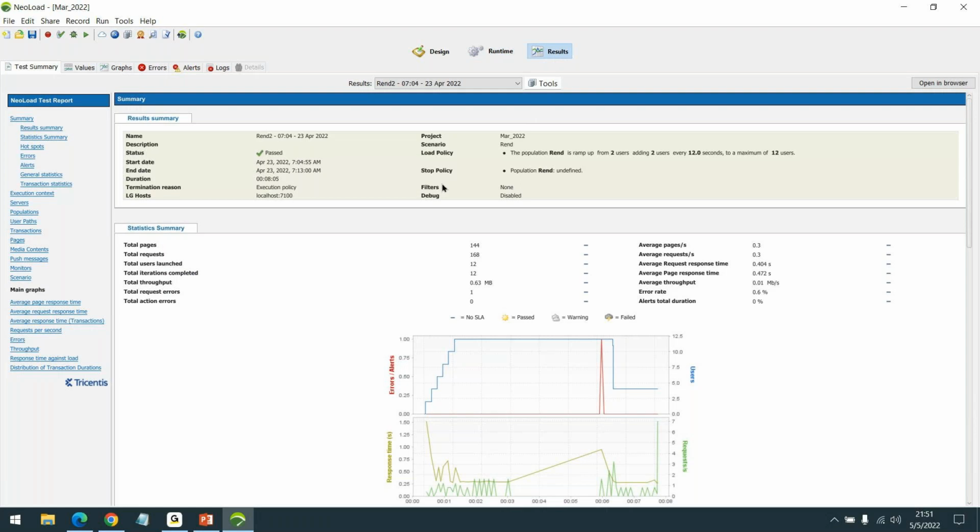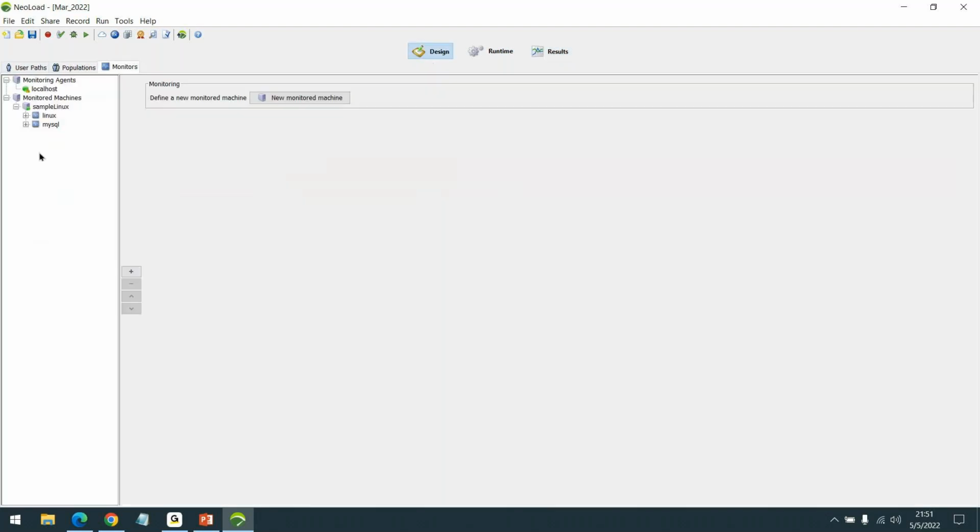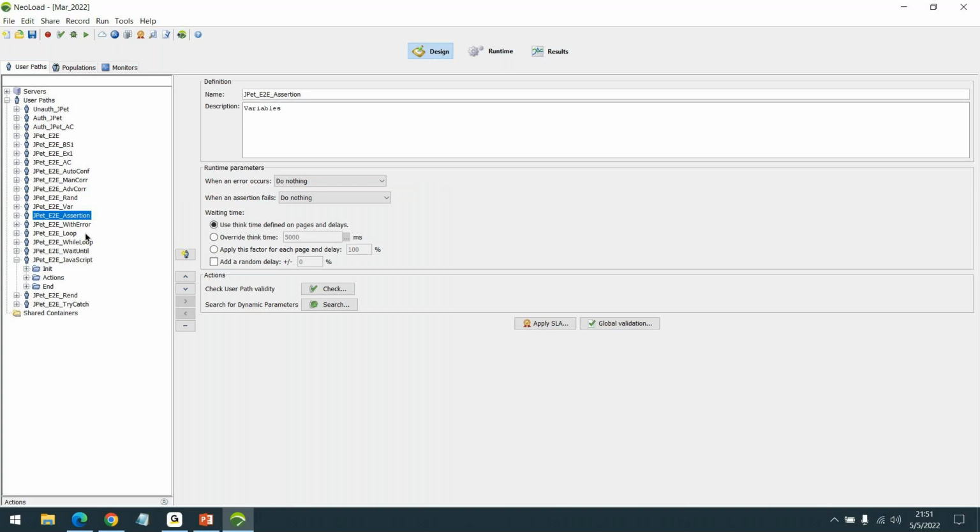Here we will learn how we can analyze the results, how to draw observations out of them, and how to provide recommendations and the remediation process with the application team. All these aspects we will be discussing, and then we will come back to some of these advanced topics, as you can see: loop, while loop, wait until, JavaScript, rendezvous, try catch. All this we will be discussing.